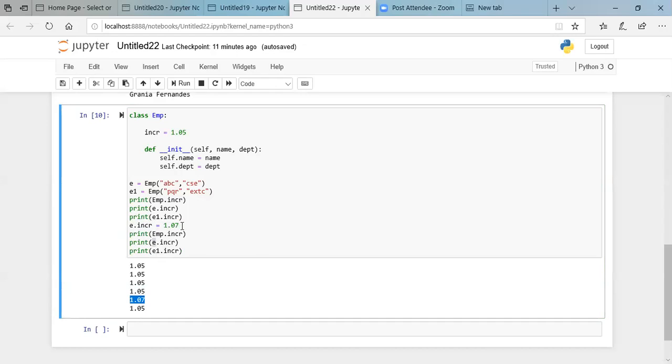Have you understood this? The class variable should be used if you want some value of the variables to be the same for all the different objects. The instance variables are the ones for which the values are not the same. They will have different values for each and every individual object. And if you want to access or change it for some specific object, you can still do it with the help of E dot, the object name dot, whatever the class variable is, and assign some new value to it.